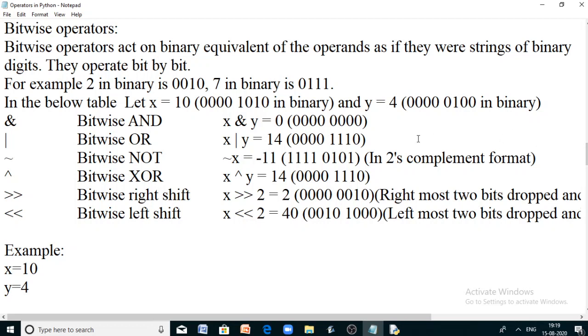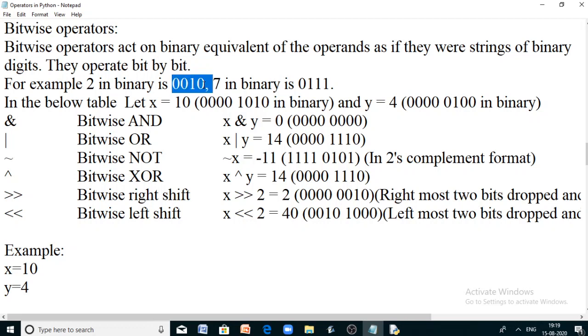Now, just for information, what is binary? Binary is a representation of a number using only two digits, that means 0 and 1. If you are able to represent a number in the form of two digits, 0 and 1, then it is called binary. So the binary equivalent of 2 is 0, 0, 1, 0.